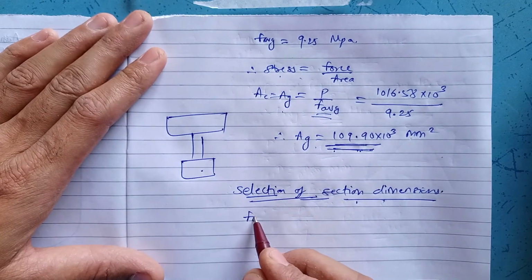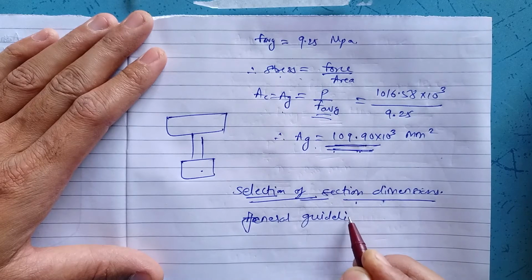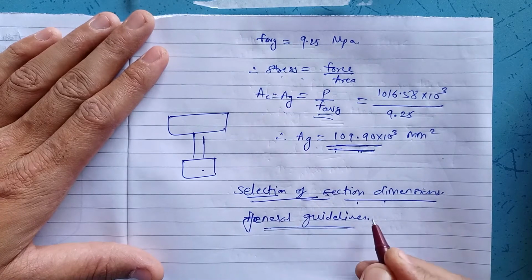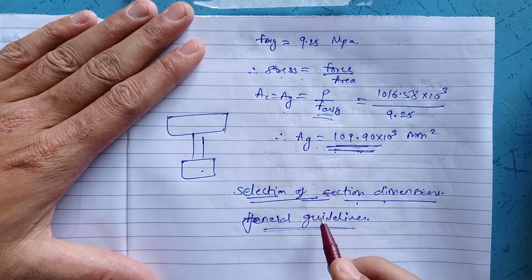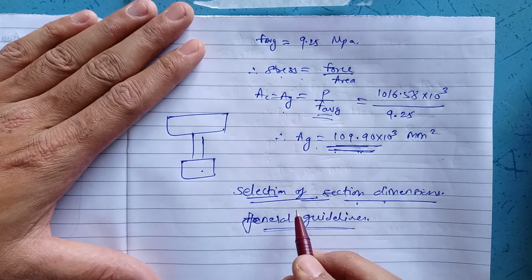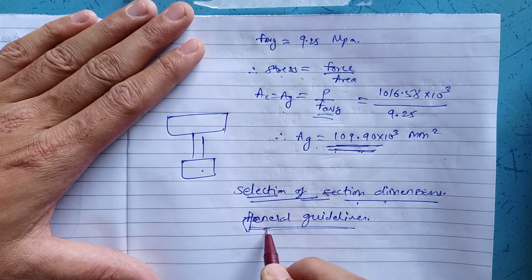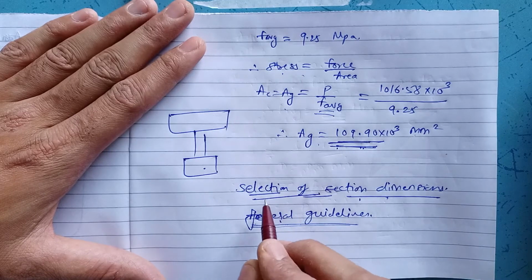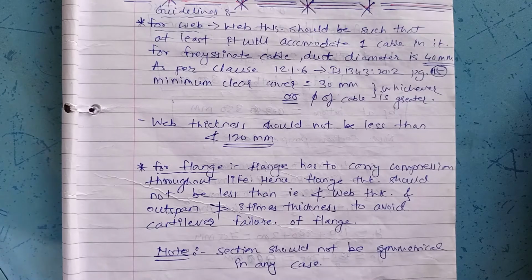there are some general guidelines to be followed. Now what are these guidelines? Let us see one by one. As I have said, I will be explaining some theory part while designing the numerical itself. You are not supposed to consider this theory during solving or designing the problem from an exam point of view. This theory is only for the purpose of explanation. These are the general guidelines that are to be followed when the section is to be selected.